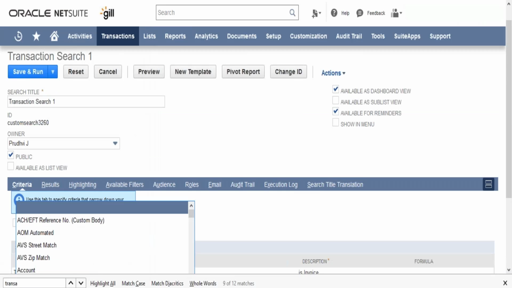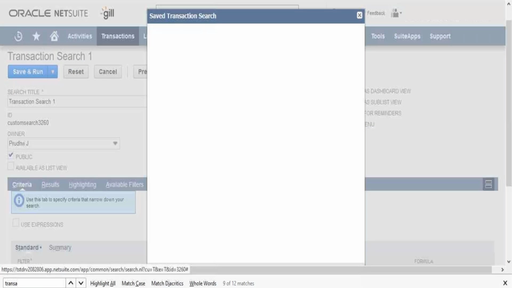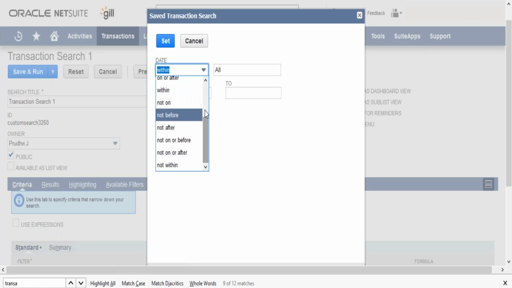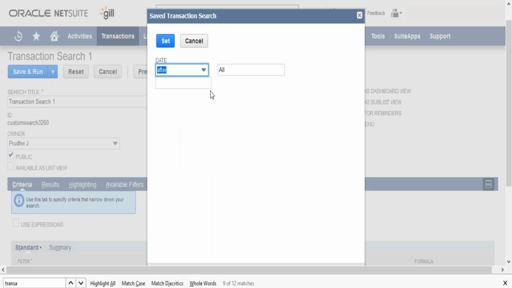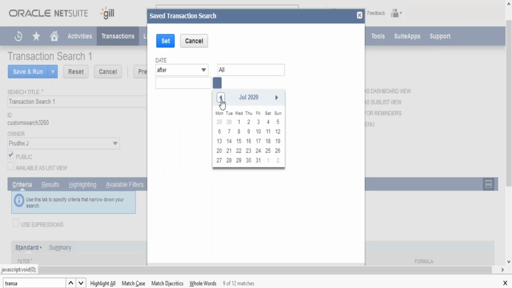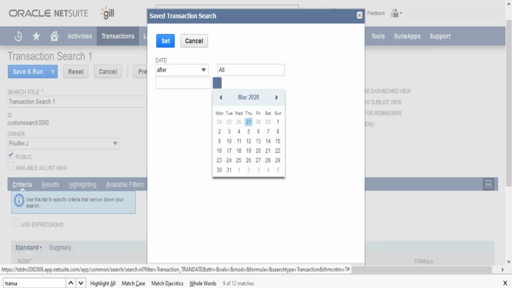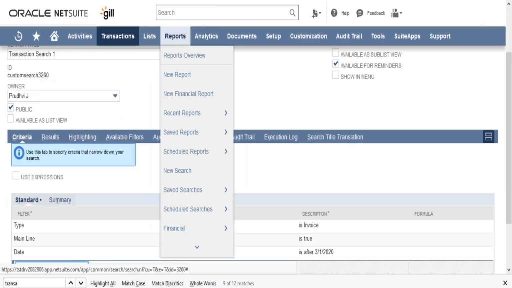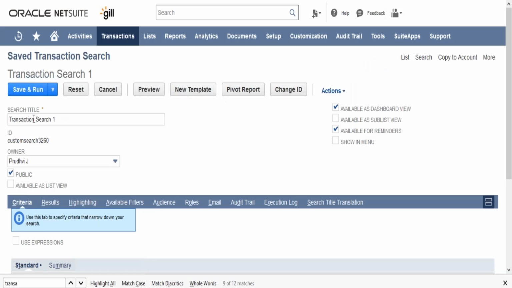In case I want to put one more criteria, say I want only transactions which have been created after, say, Jan 2019. So I can select it. So I'll select the date as, say, after. I'll select the date. So I want only after 1st March 2020. I'll set that. Okay, and if I do that and save, it will